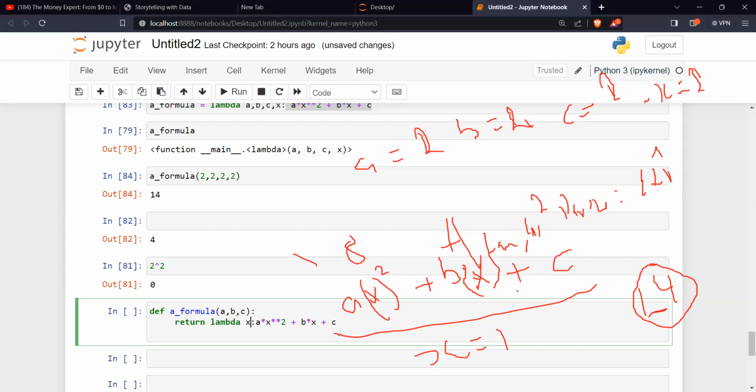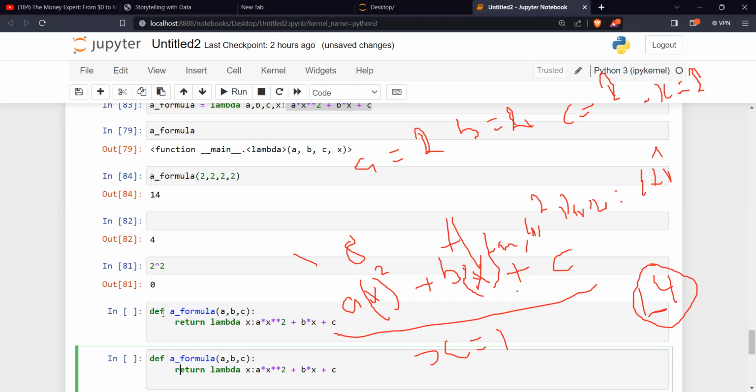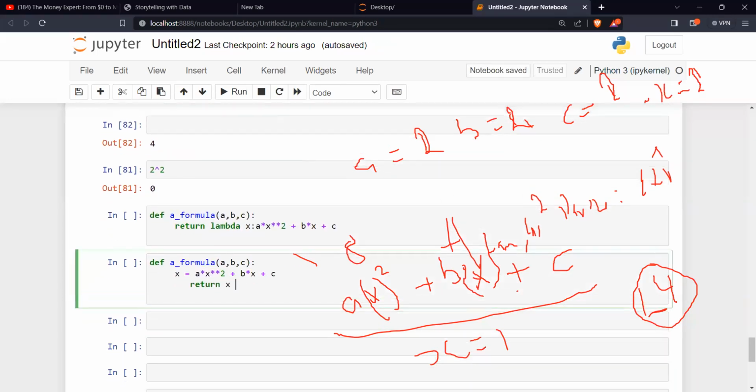Instead of writing it one after the other, I would first have done this: maybe I'll put Z or X is equal to whatever, and then say return X. I don't want it this way because every time I write it, I don't have to go looking for what X will be, because I already have X. So if I have Z here, it will be return Z.